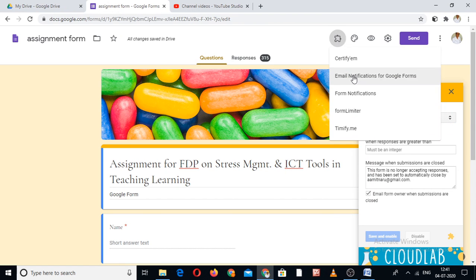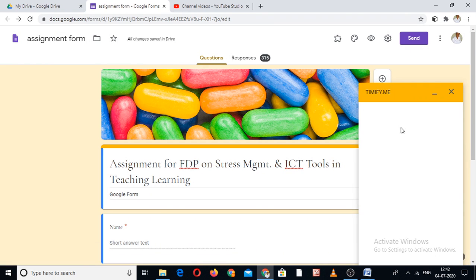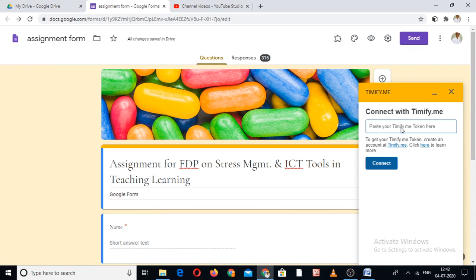So next we go to the add-on, the Timify. Timify is basically one kind of countdown watch. It means you give a test to your students and you want the countdown to start when they start it.